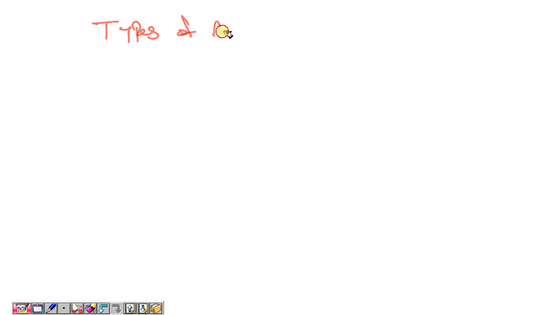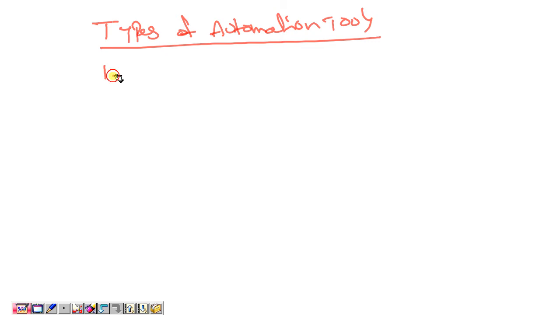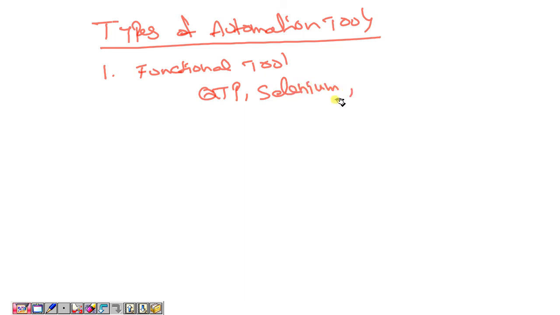So what are the types of automation tools? First one is the functional tools: QTP, Selenium, and RFT and so on.